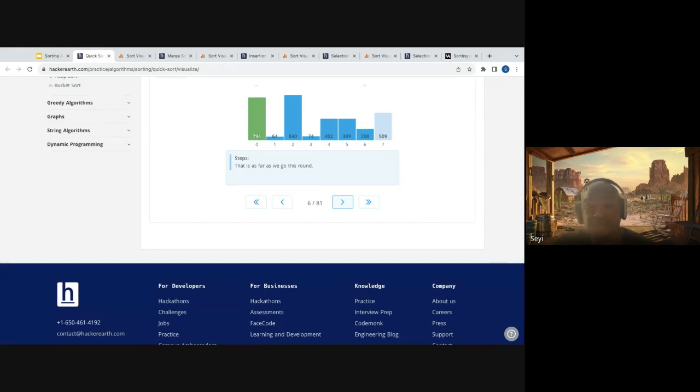So this element should be at the right of the pivot, right? So what they do is they know that they should swap this with this, and they keep doing that, right? So they organize all the elements to the left of the pivots and to the right of the pivots, and then they just put the pivots in the correct place. So you can see that now the pivot is in the correct place here. It's 509.